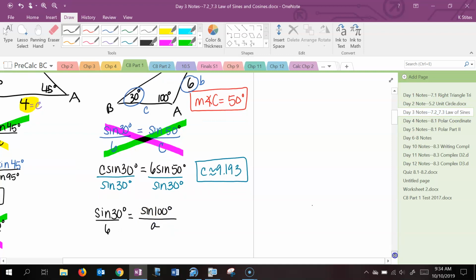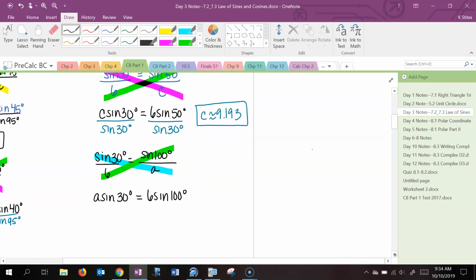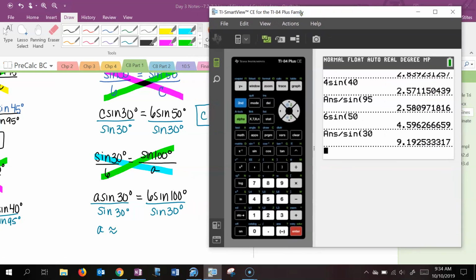over A. Okay, so recall that I told you that you can't use law of sines to find the largest angle. We aren't finding any angles here using law of sines. We are just finding sides. So that will come into play on the other side of this, as I try to cross multiply and talk at the same time. All right, so I think that looks pretty good. And now I'll just divide by my sine of 30. Six sine 100